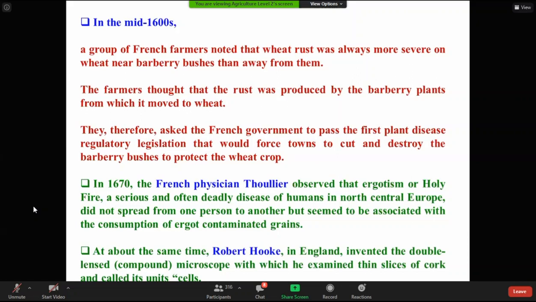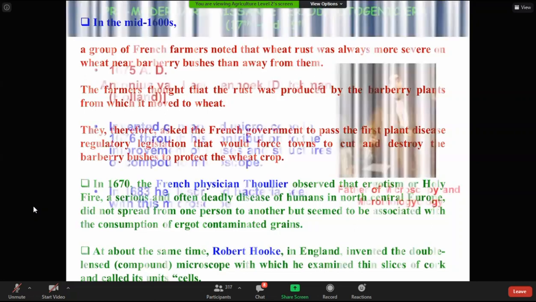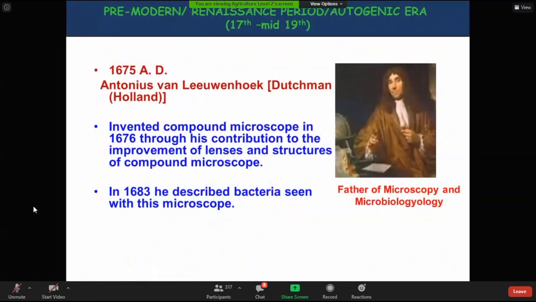The French farmer observed wheat rust, and after 70 years, the French physician Tholier observed ergotism. But at the same time, the English scientist Robert Hooke invented a compound microscope. Although there is a controversy, I'll let you know. Then after that, you see,